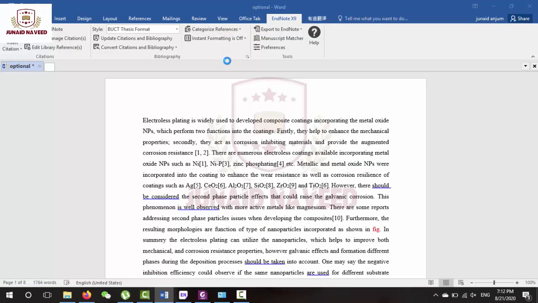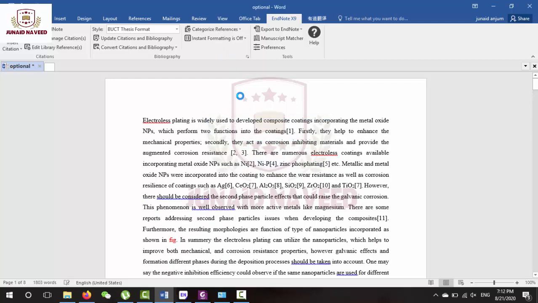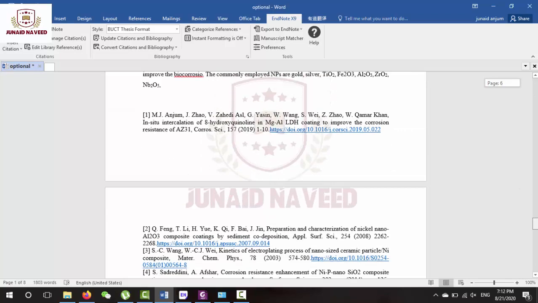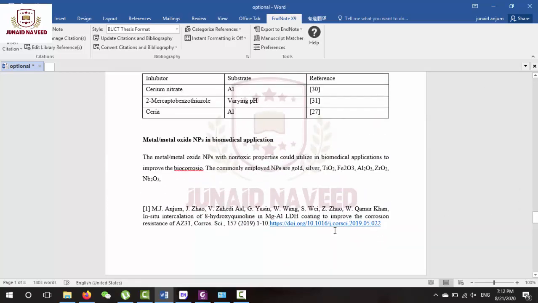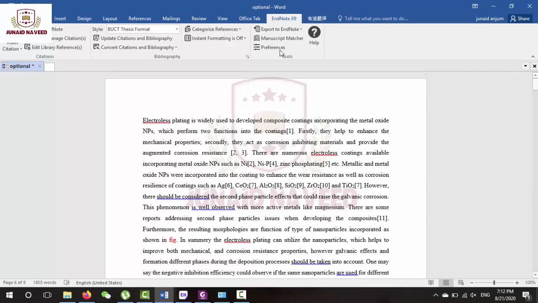If I click on these inverted commas, it will import the citation here, and you can see the numbering of the next references is automatically changing from 1 to 2 and 2 to 3 and so on. And this reference will appear in the reference list below at number 1 place. So you can see it is very easy to add references in the article by using EndNote.